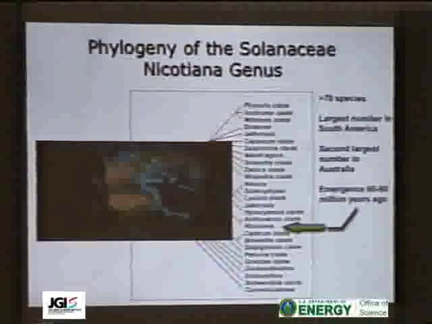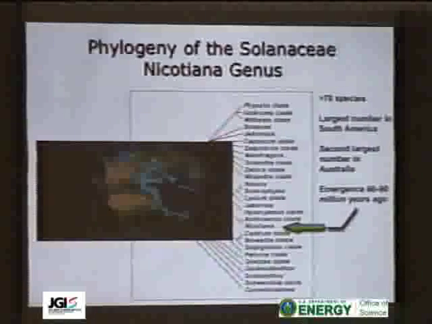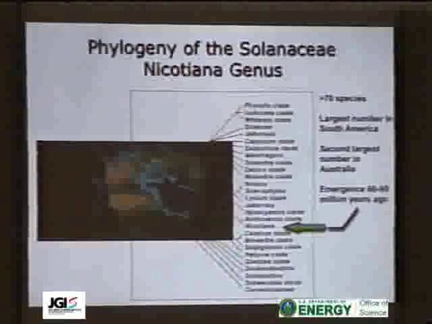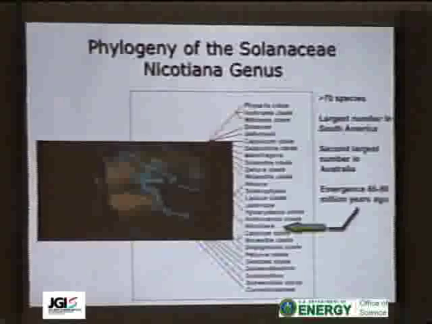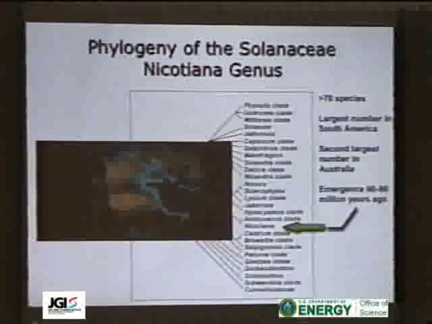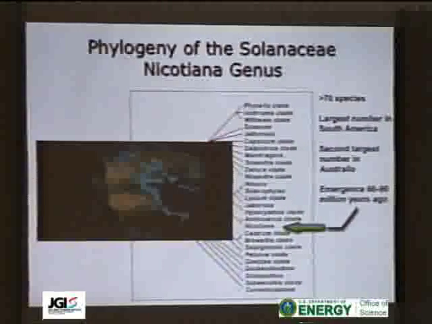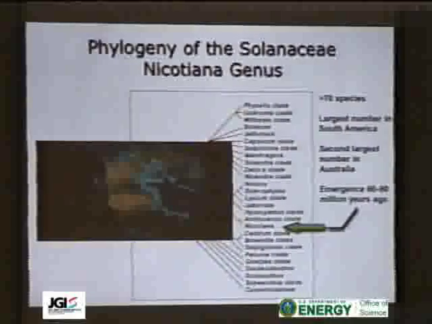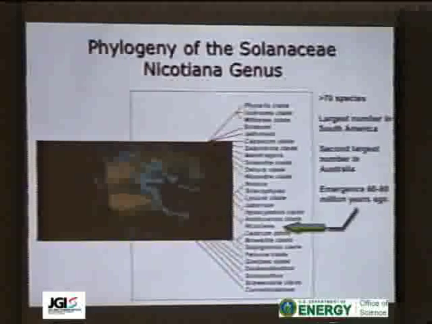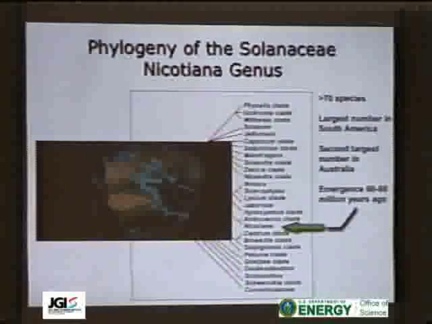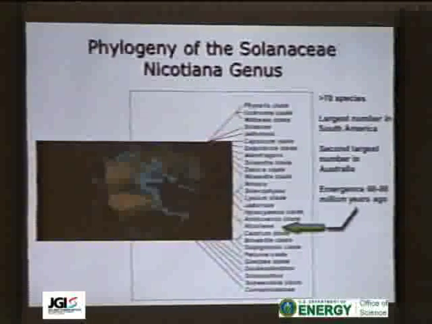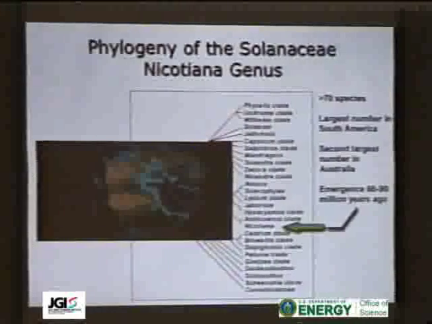So the model system that I'm going to speak about today comes actually out of the Nicotiana. We're going to talk about a plant that has a somewhat infamous connotation. This is Nicotiana tabacum. And I just wanted to illustrate here that this is what has brought my group into the sequencing world, and that is that this is a very interesting genus, and the genera that surround it are also quite interesting. They belong to the family of plants known as Solanaceae, quite important plants from a standpoint of human biology and agriculture. Even within Nicotiana, there are greater than 70 species,